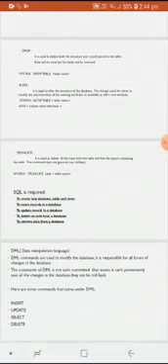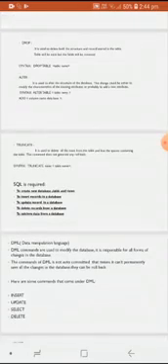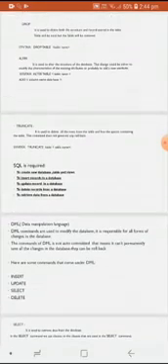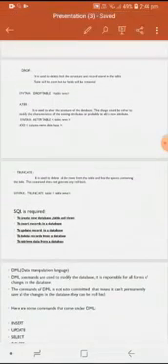Okay. Coming to the next, truncate. Truncate is used to delete all the rows from the table and free the space contained in the table. This command does not generate any rollback. It means the main use of this command is to delete all the rows present in the table permanently. So once you use the truncate command, you can't roll back that command. This command is the same as delete, but the truncate command does not generate any rollback, whereas delete can. So delete can roll back, but truncate will not.